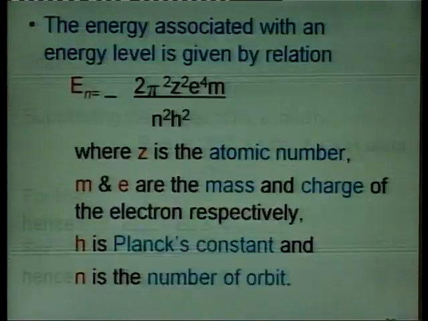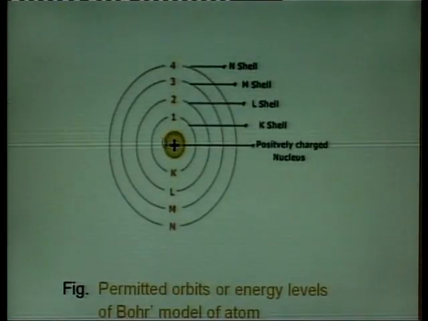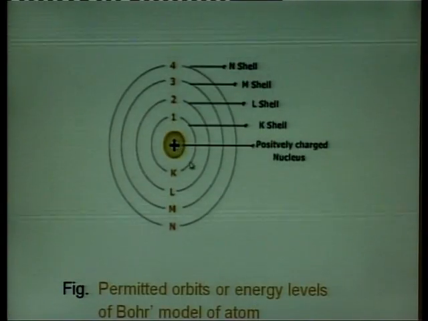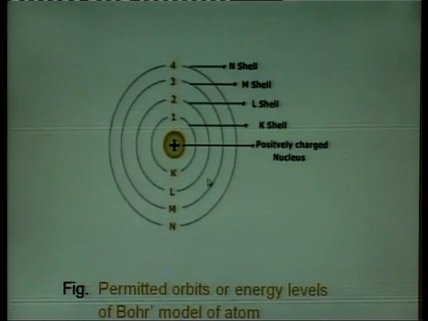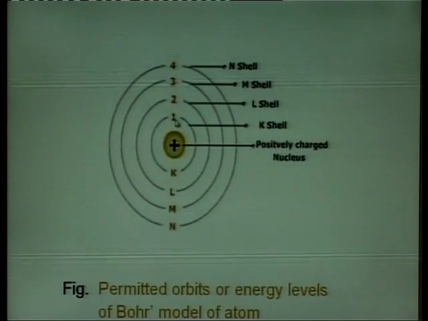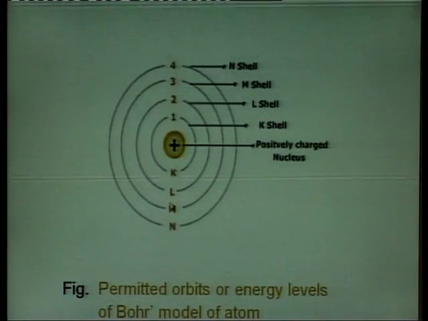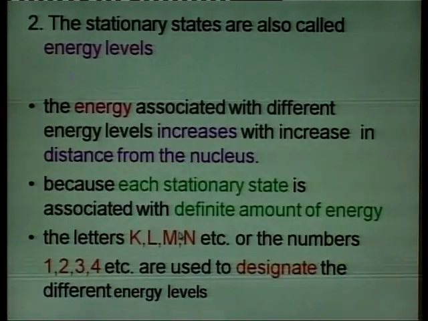Just let us revise again. The first postulate is that the nucleus is positively charged, and the electrons revolve around the nucleus in fixed circular paths known as energy levels. These are numbered as 1, 2, 3, 4 or K, L, M, N from inside to outside. Then the second postulate is that